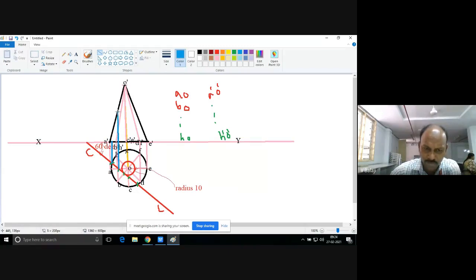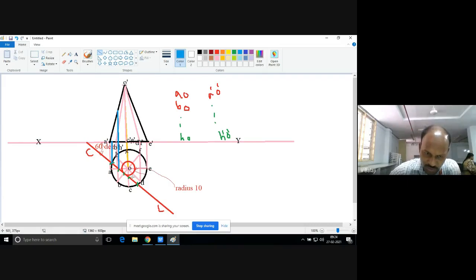Projector. Up to, I need to extend up to AO generator. AO, front view, A dash, O dash. Because this cutting point is corresponding to AO. So in the front view, I need to extend that point up to wherever it is cutting the A dash and O dash. A dash, O dash generator. Okay, I need to stop there.